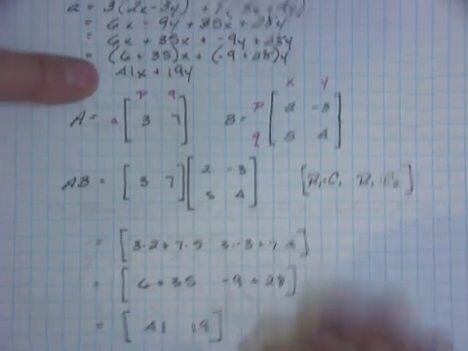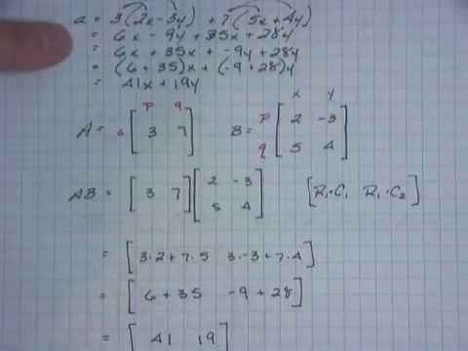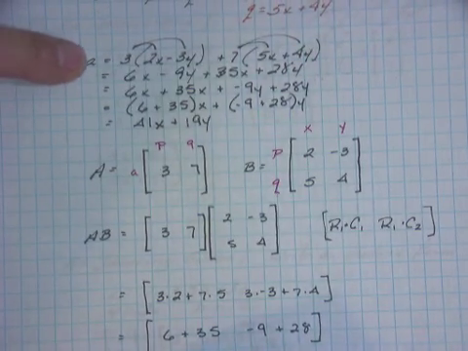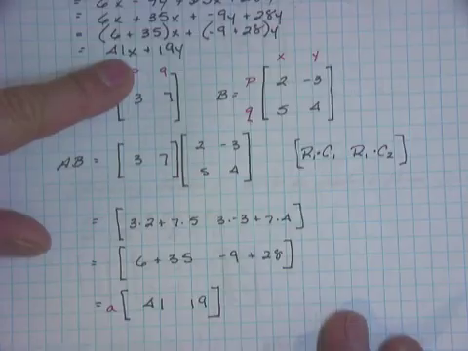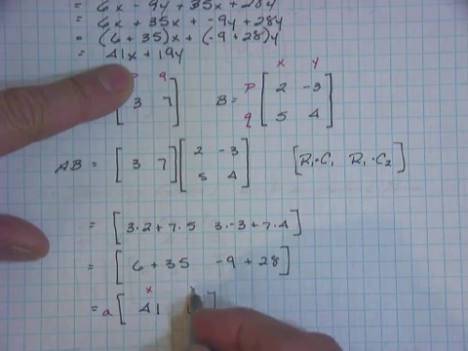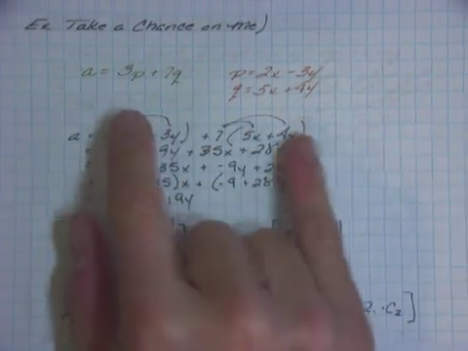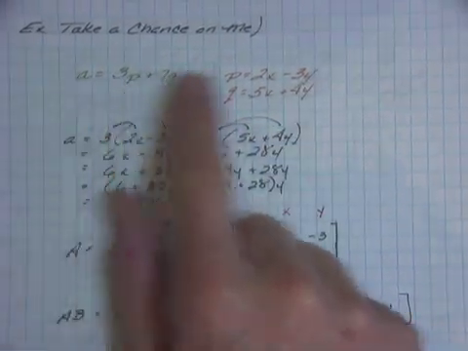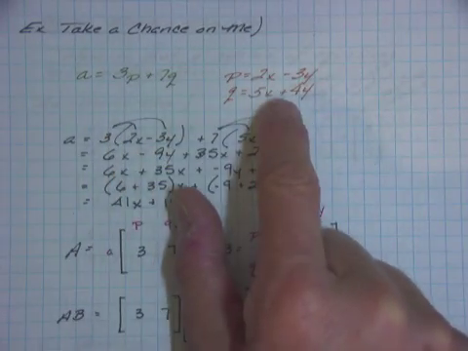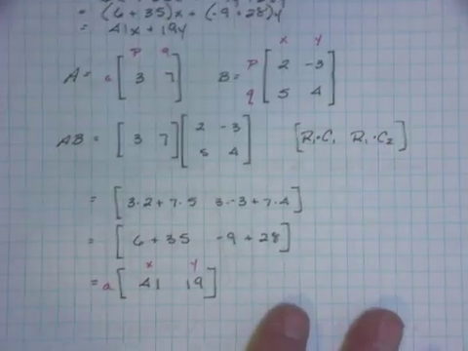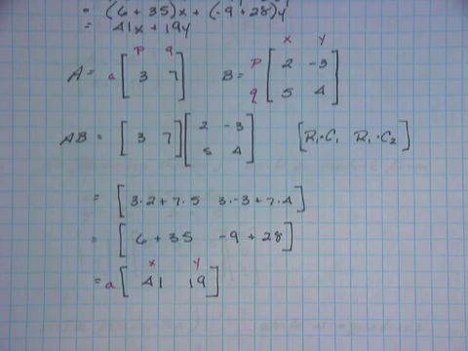What we end up with is 41 and 19. Those are the coefficients we saw up here when we had an equation for A in terms of X and Y. All right, so that's how you can change an equation to